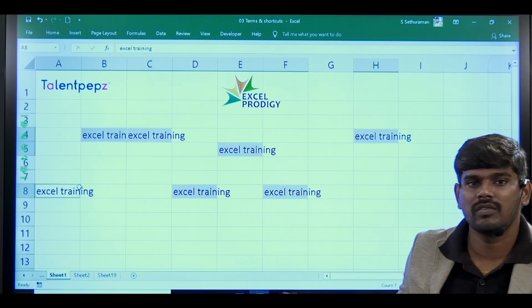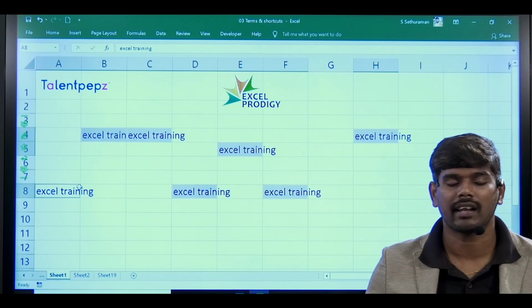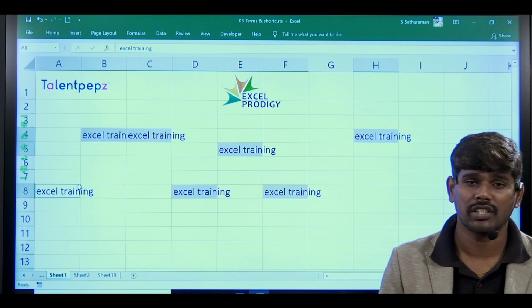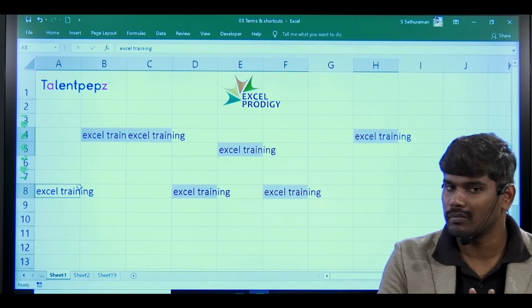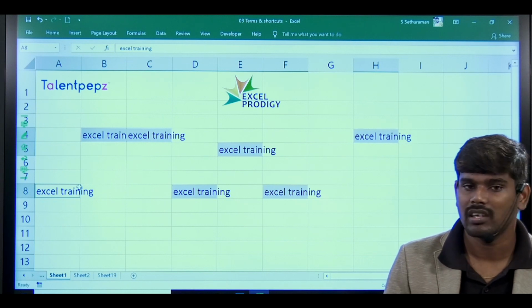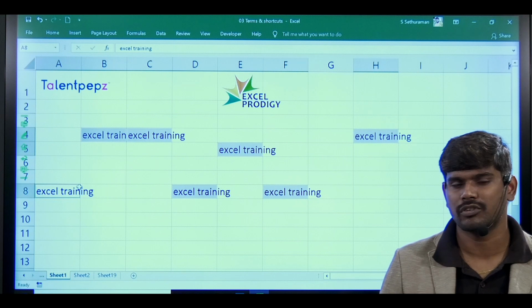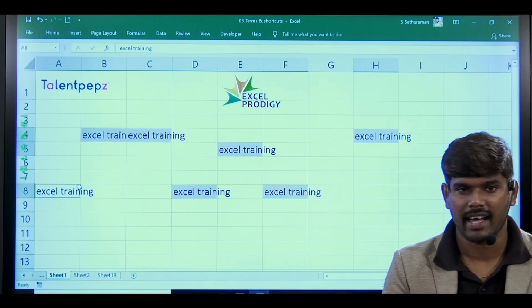Now people may ask about Control L, Control U, right? That can be achieved here too. Dragging left, filling left, everywhere. You can do continuous and non-continuous cells. No need to worry about anything. So Control D, Control R is a single step, but Control Enter is the collective step. It can do everything.